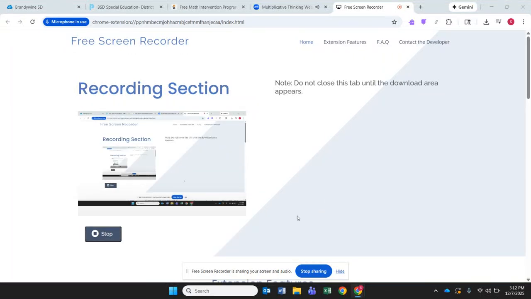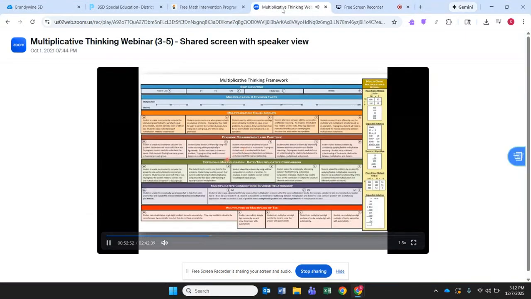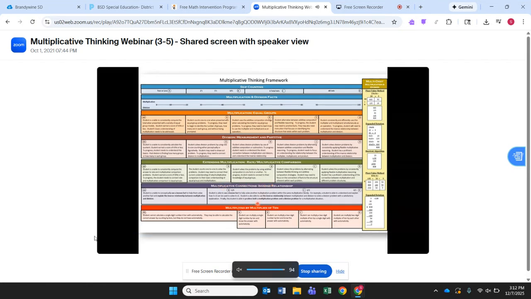At what level for each: multiplication equal groups, division, measurement, imperative, extending multiplication, rate, multiplicative comparison, multiplicative connections, and multiplying multiples of 10. We're going to go through each of those levels, so you're going to actually see what students look like